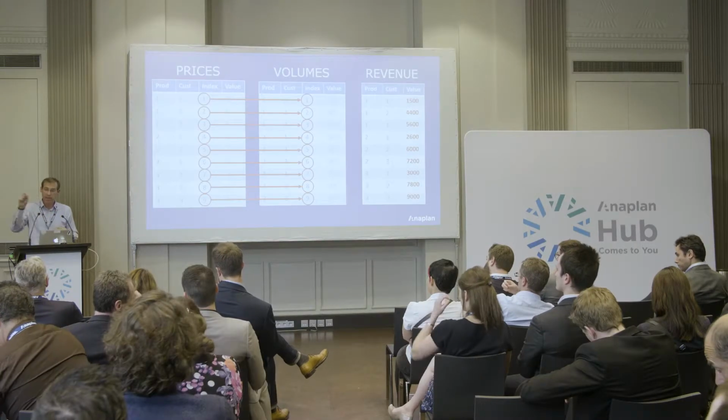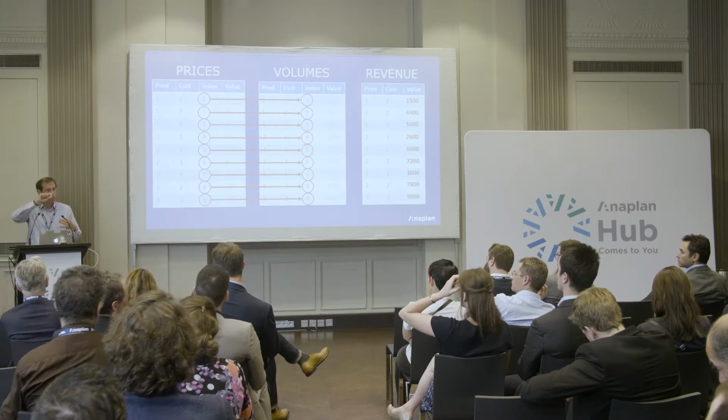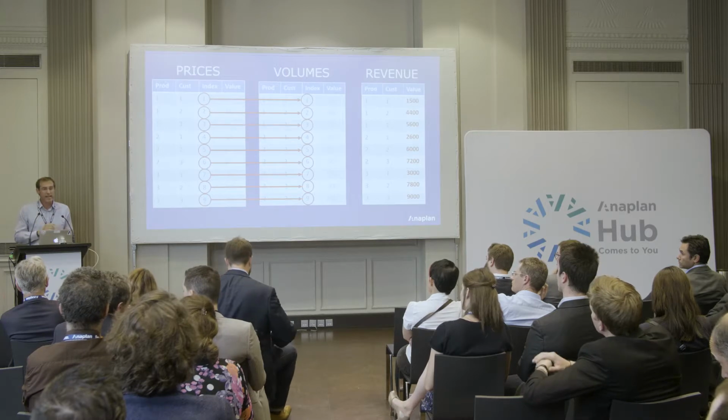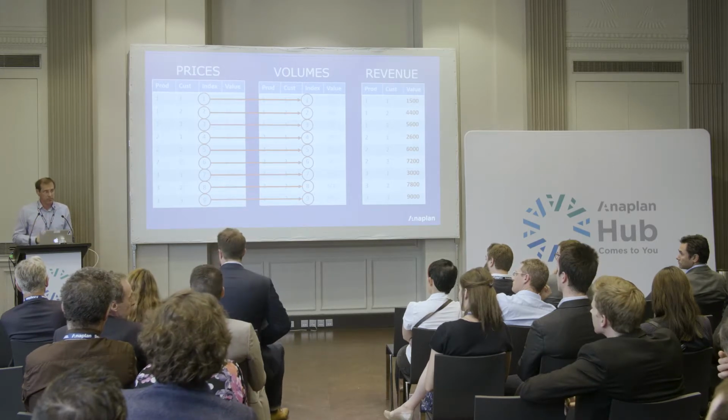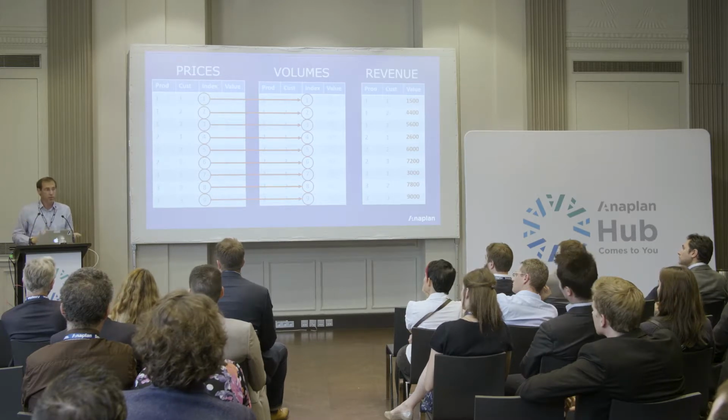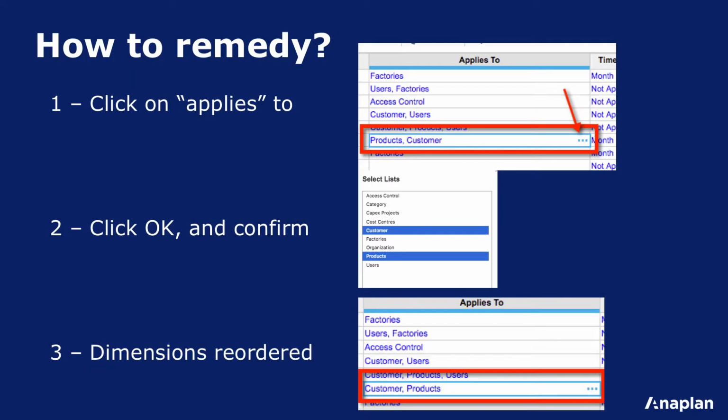But also, depending on what you drag into the pages and the rows and the columns, and that grid that you create, that determines which order they go in as well. So it's really easy to get them mixed up without paying attention. But the even easier thing is it's absolutely simple to put it right. You click on the ellipses, either in the module itself or in the blueprint view. It will display the order that's in the general lists, and you click OK. That's it. It's switched it round, no rollbacks, just done, which means now you have a consistency.